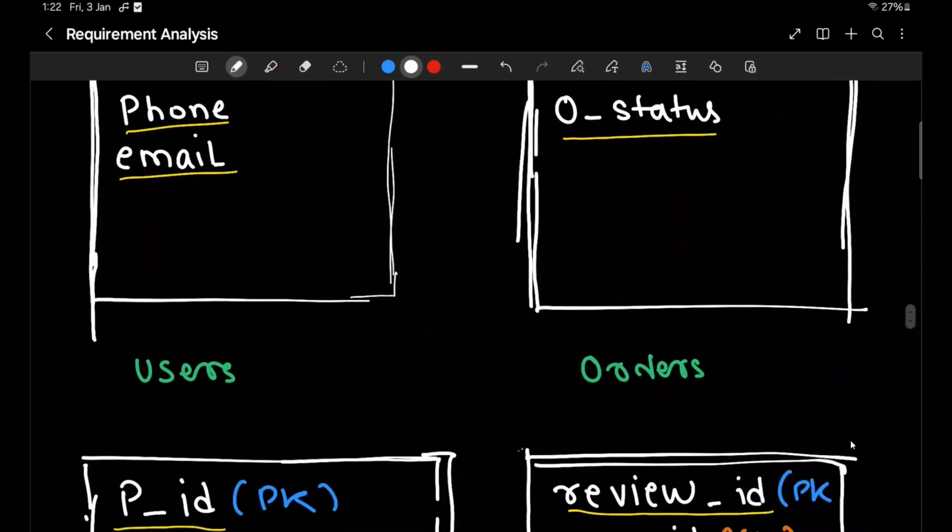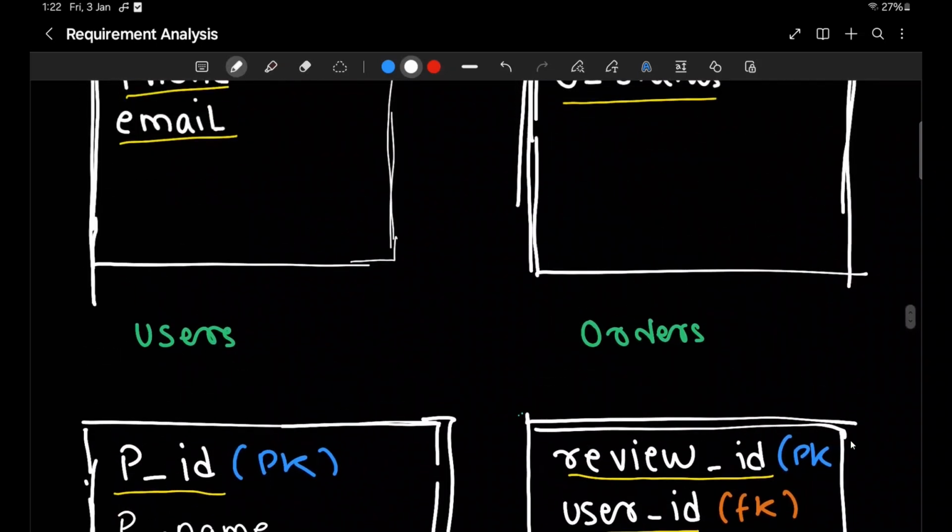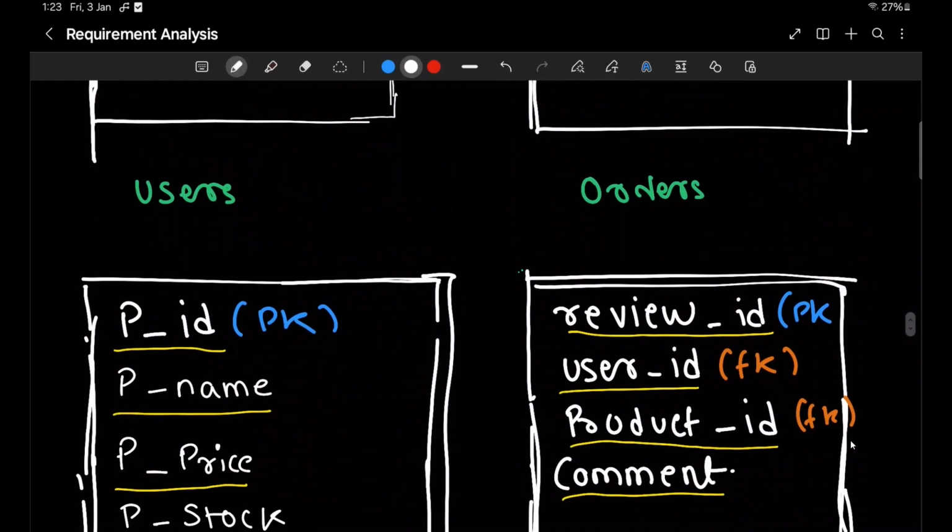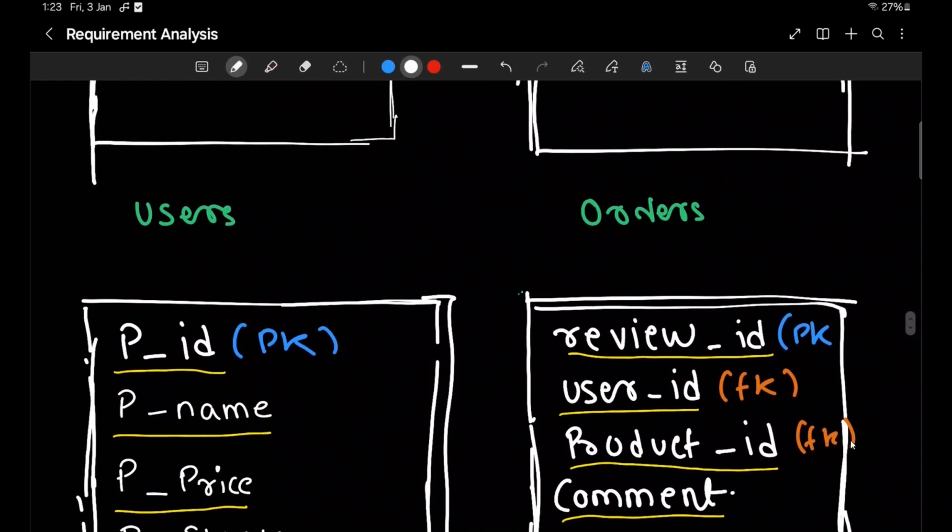So if we take an example of orders and products, we can add multiple products in an order, and similarly one product can be used in multiple orders.